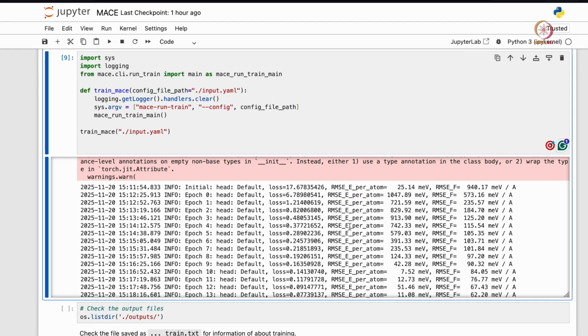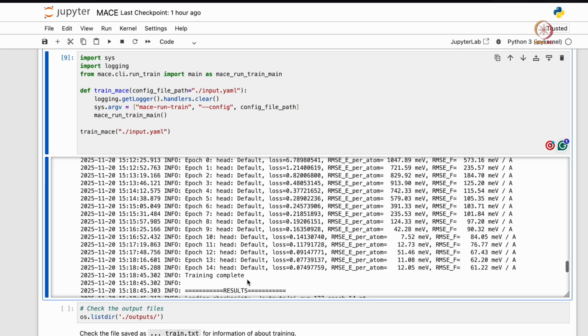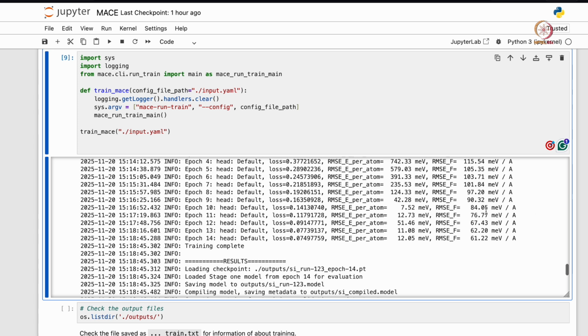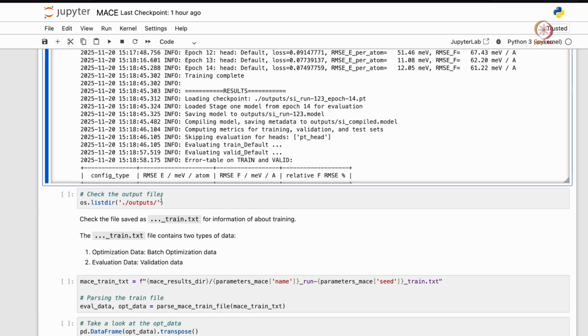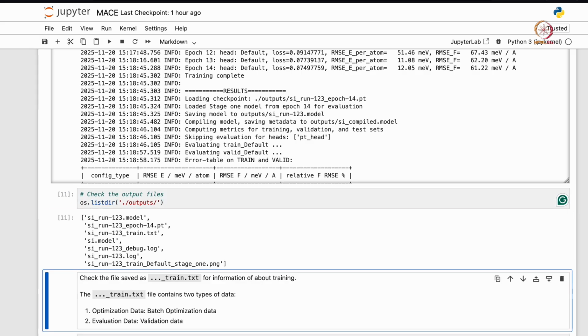Okay, so after 15 runs, we have done up to 15 runs. Once it's done, the model is actually saved. Okay, so let's check the output directory. And in the output directory our model is saved with the weights of the results of the 14th epoch, and we have the run logs all saved. Okay,